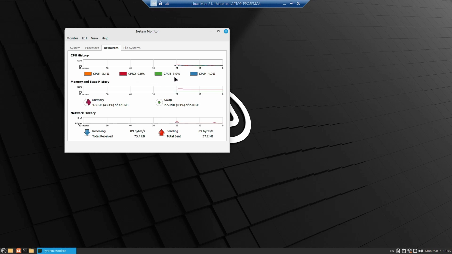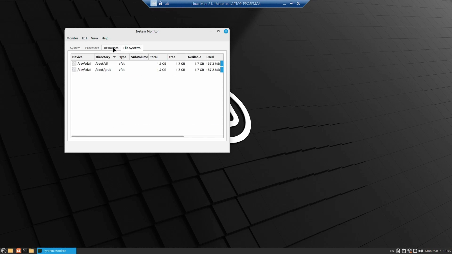CPU usage, you can see it is very low, below 5%. Memory usage is 1.3. It is equal to the Gnome desktop. Swap usage is 2.5 MB, very minimal. Just let us check out the file systems. So you can see it here how much file systems have been used. I think it is not showing the root directory. It should have shown the root directory. Anyway,